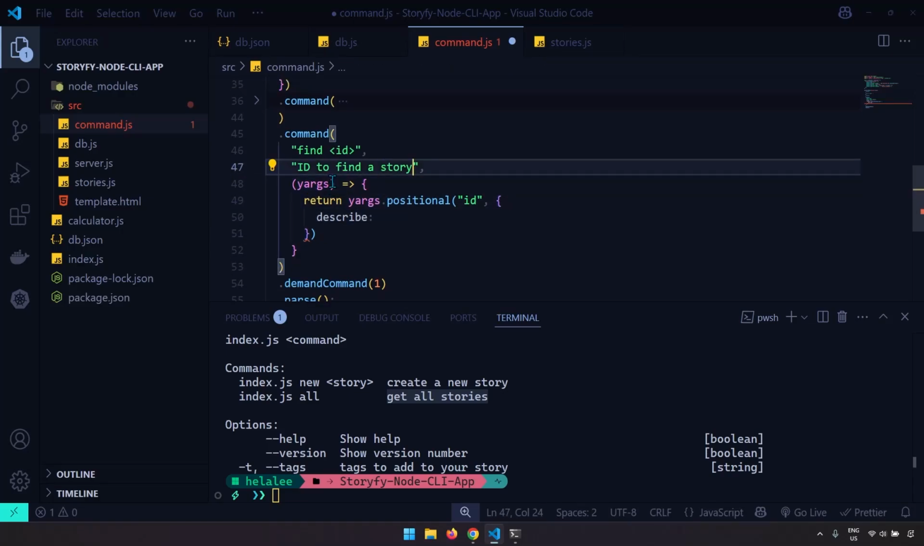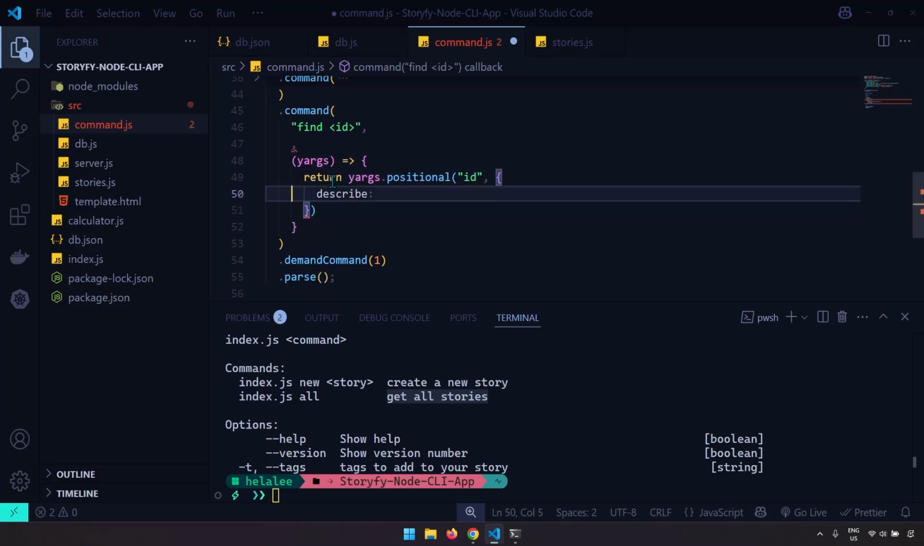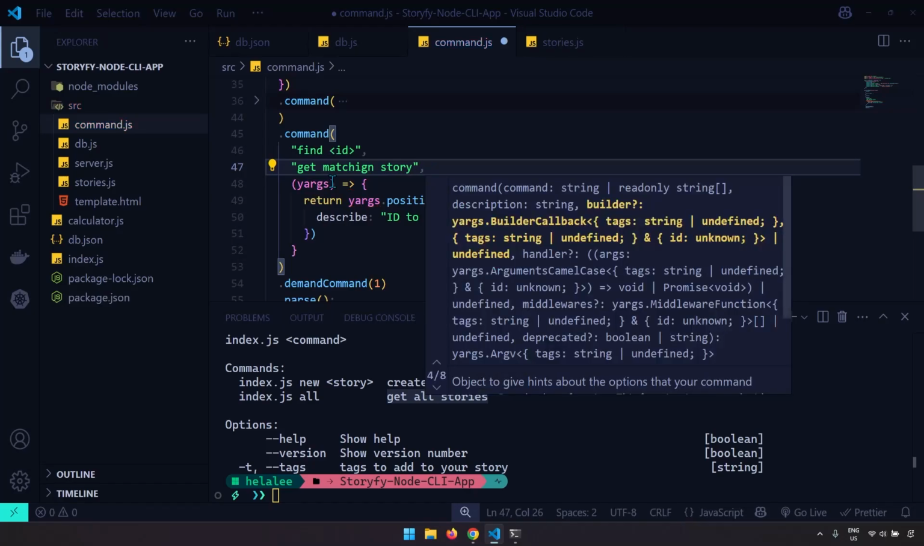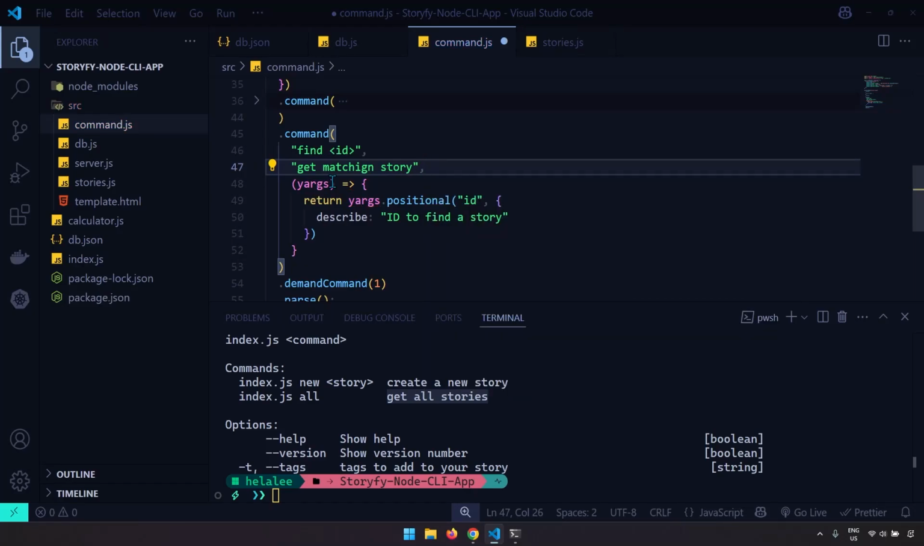Now, I just noticed something. This is the description that I want to be added here. But for this one, this is the description for the command, right? And for this description, I'm going to say get matching story. Now keep in mind, at any point in time, we're going to have one ID, one specific ID per